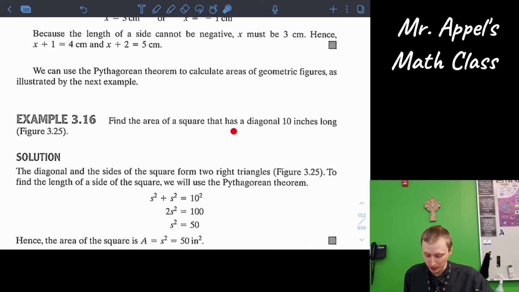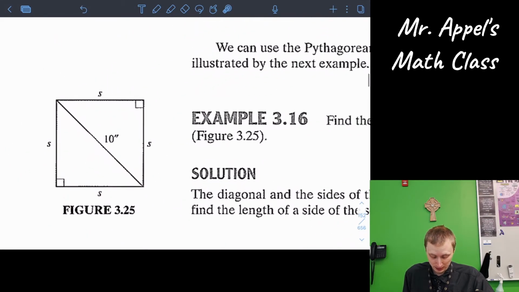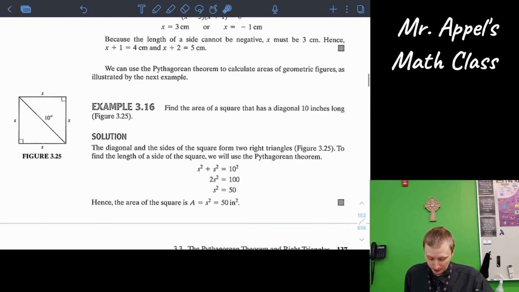Find the area of a square that has a diagonal 10 inches long. So here a square is given. If we had the side length, we would just square that number and be done, but here we're only given the diagonal. What do? Well, the diagonal and the sides of the square form 2 right triangles, as you can see in the diagram there. To find the length of a side of the square, we will use the Pythagorean theorem. In this case, s squared plus s squared, those are our a and b, equals 10 squared, or 2s squared equals 100. Divide both sides by 2, s squared is 50,